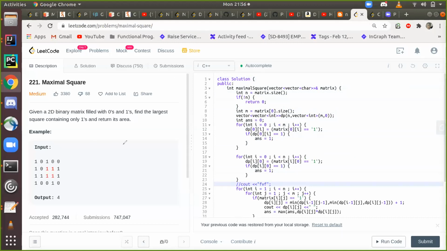So basically, in my DP array, let's try to make a square first. I'll start with my base case first.